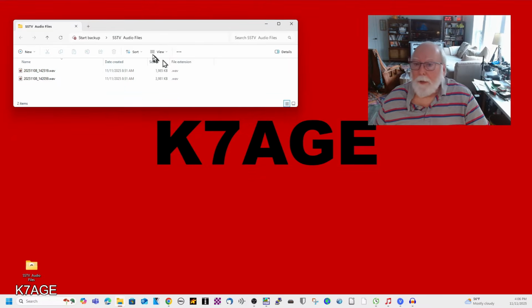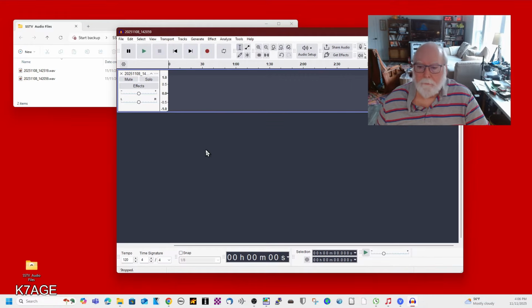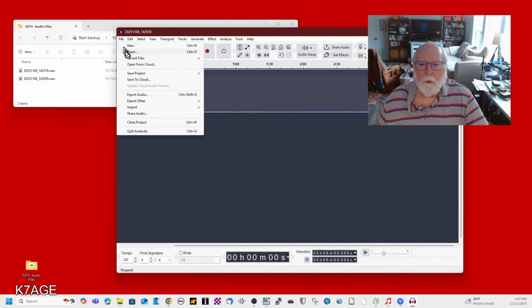Okay, so the next thing to do is bring up Audacity, and this is a free audio editor. Just go and download it. It's available for Mac, Linux, Windows, everything. And we're going to use this to trim up the file, and we're going to do a sample rate conversion. So we're going to open a file,